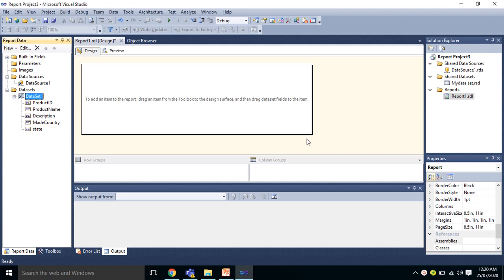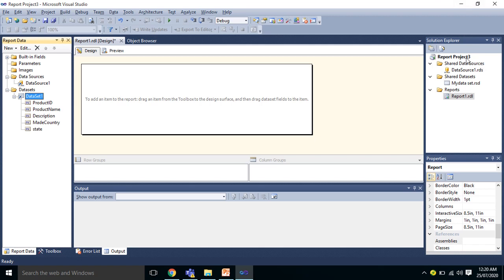So what is a step report? We have already seen that. In the step report, we should have one group column. I have also told you about the difference between a step report and a block report. In a step report, the details row will start from the next row of the group component, and in a block report, the details will start from the same row where we have the group component. So we will see how to create the report now.